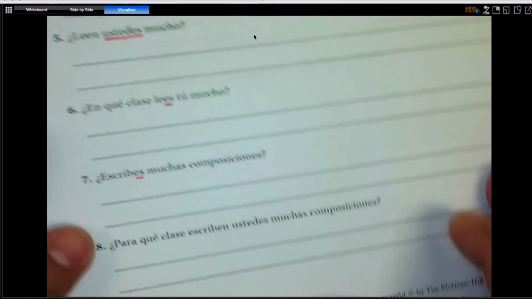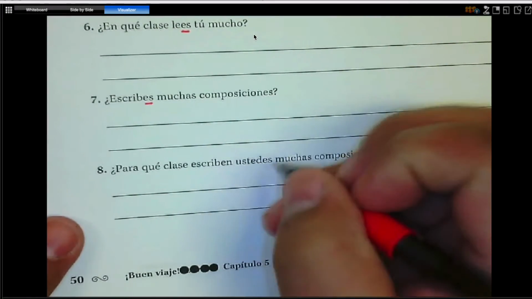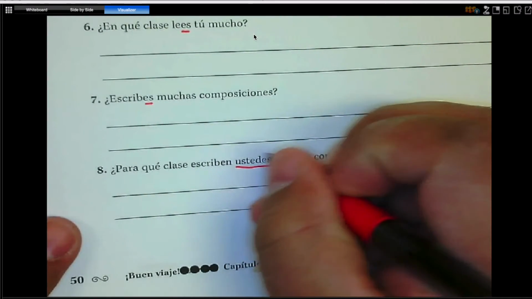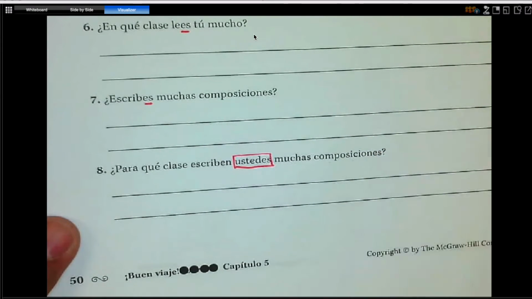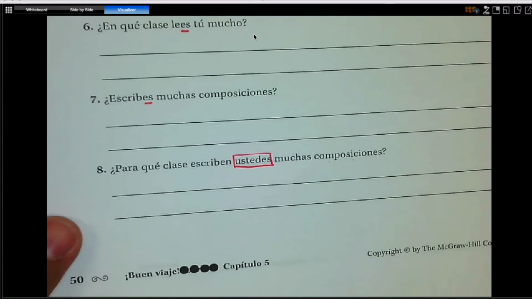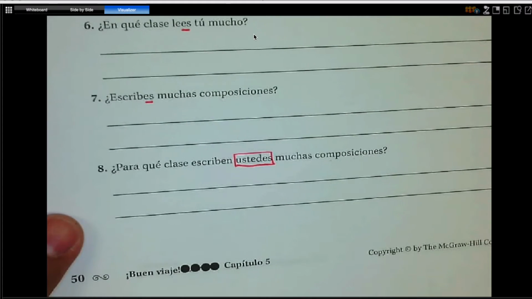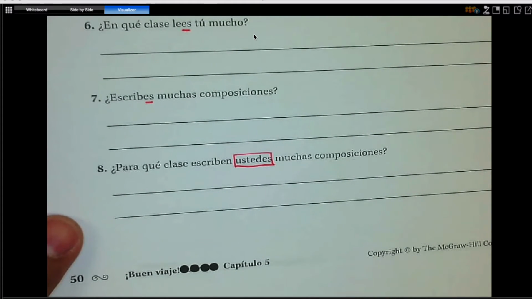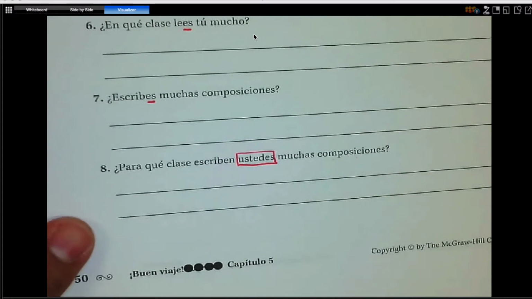Number 8, for what class do y'all, right? Pay attention to the subject. Do y'all write many compositions? For what class do y'all write many compositions? Return and write the question. I write a lot of compositions in this class. Okay? All right, so number 8 would be